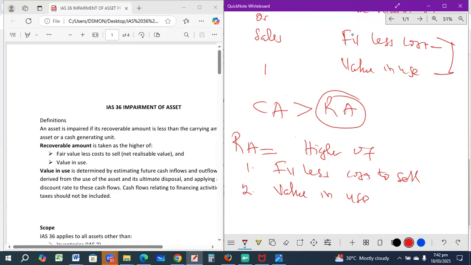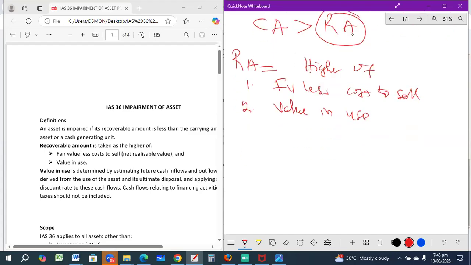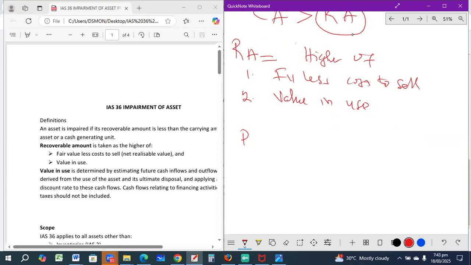What is the value in use? You know that when you are using an asset, you are not using it for a sale in the ordinary course of business. You are using it to derive economic benefit. You are deriving economic benefit from the asset. So what the asset can give you through its continued use is what we call value in use. For instance, I am using an equipment, plant and equipment that will generate